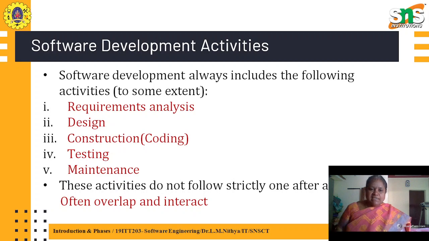In the fourth stage, testing, it should be noted that testing doesn't follow only coding. Testing starts from the requirement analysis phase itself. While doing requirement analysis, we start checking whether our requirements are correct and whether we are as per the plan. So it is not that all the stages are strictly aligned. They often overlap and interact with each other to produce a full-fledged software. I think this makes the development stages of software engineering clear.